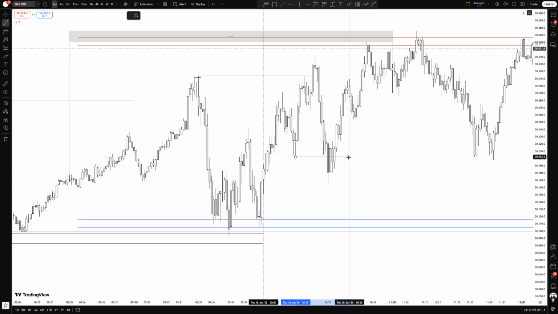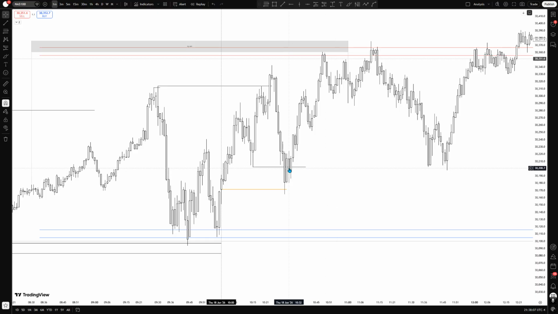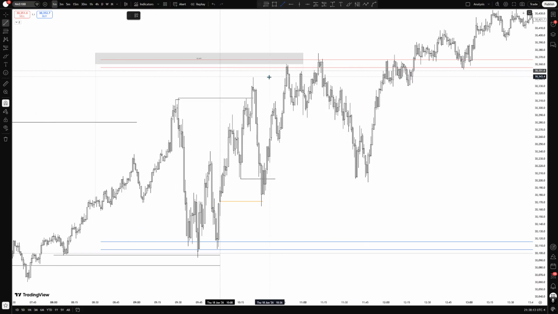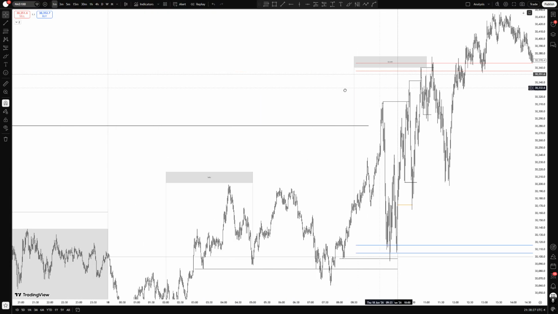We have this low, which is a very nice low to be taken. We took out this low, we tapped the 10 AM open price, which is also key. Tapped in there, we accumulated orders over here, 1, 2, 3, 4 minutes, and then we expand higher. Again, same thing, we expand higher, we took out this high, retrace, sweep, expansion. This time we expanded higher and we took out this high, plus we tapped the upper quadrant